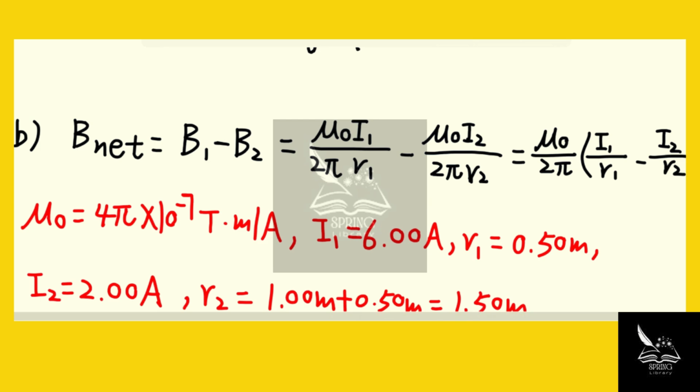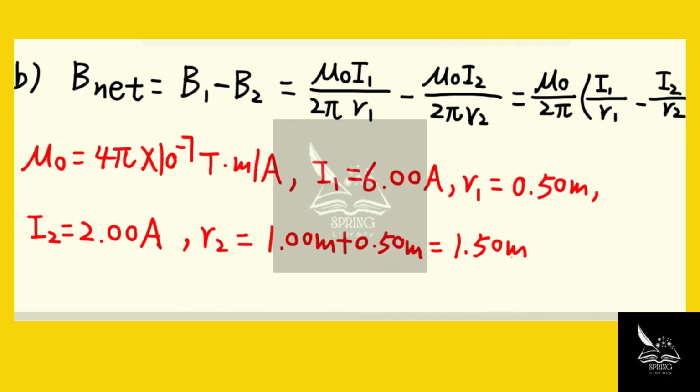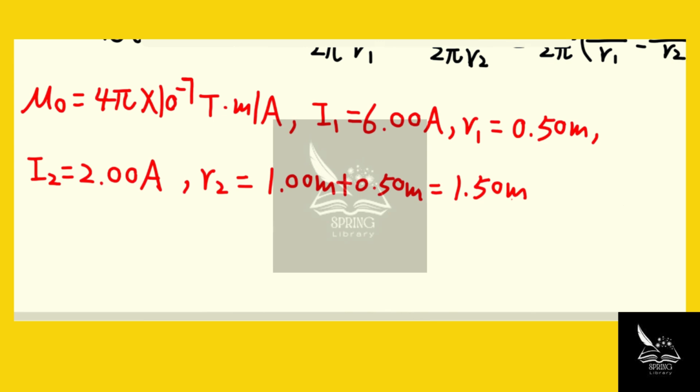Tesla times meter per ampere. I1 is 6 ampere, R1, which is the distance between wire 1 to point Q, is 0.50 meter. And I2 is 2 ampere, and R2 is equal to 1.5 meter, which is the distance between wire 2 to point Q. So therefore, we can determine the net magnetic field at point Q, which is equal to